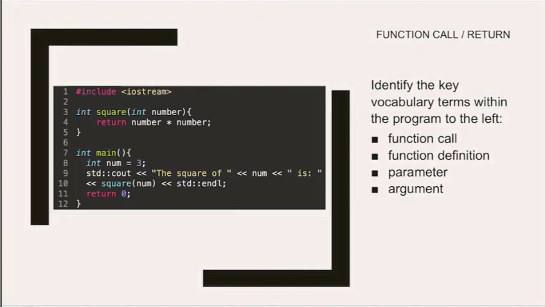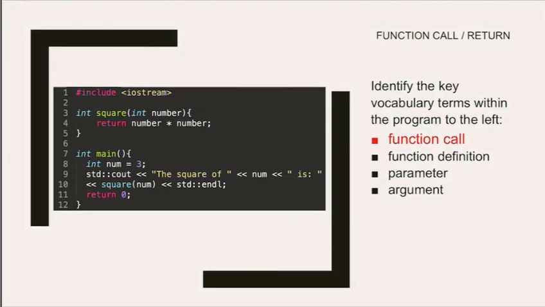Let's make sure we can identify these key terms within the program. This way, we can all make sure we're using the same vocabulary when identifying syntax within this program. First, take a moment and make sure that you can find a function call in this program. Recall that I said earlier, in order to call our user-defined function named square, we have to use a function call. And that call must pass one argument. Take a moment and make sure that you can identify the function call in this example.